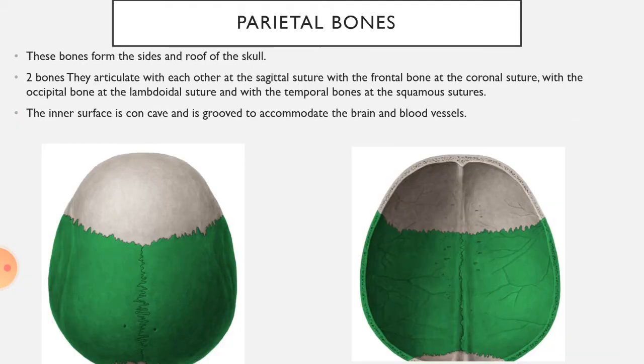The next is the parietal bone, which forms the sides of your cranium and also the roof of your cranium. You can see that these are two in number and are joined by the suture, which we will discuss later. For the time being, just remember that there are two parietal bones, and these form the sides and the roof of your cranium, and are joined in the midline by a suture.